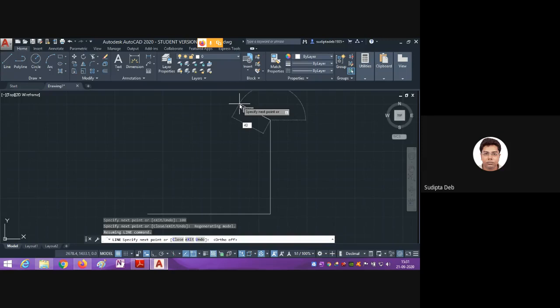We can also use the at the rate, because the coordinate system is mainly of two types, polar and Cartesian, and both are also divided into absolute and relative. Both can be used, no problem. So that's why sometimes at the rate is also used.